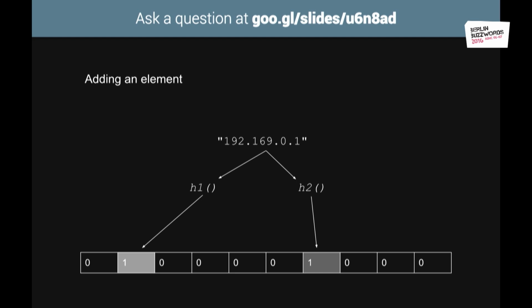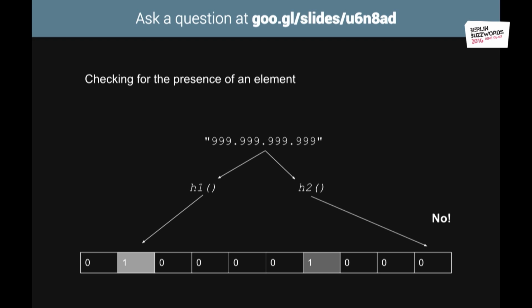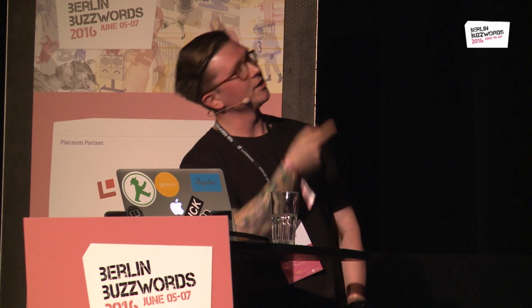Nodding. Good. What we're going to do next is see if something that we didn't put in there is in the Bloom filter. So this element from the earlier example goes through the first hash function, and it goes to one of the bits which is set to 1. Then it goes through the second hash function, which doesn't map to any of the bits that have been set. And no matter how many hash functions you have, if any of the bits are not set,